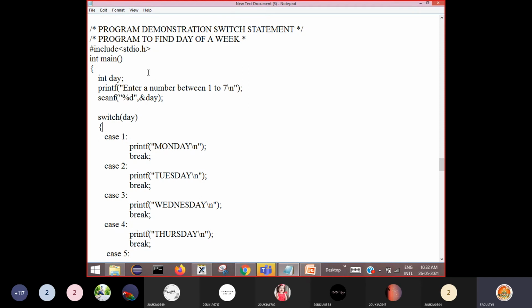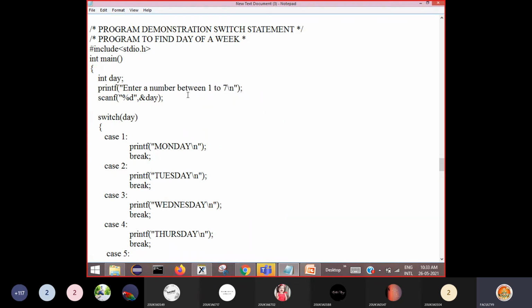I have already written the program here. So include the header file and write your main function, then begin the main. Declare a variable called day, then ask the user to enter a number between 1 to 7.